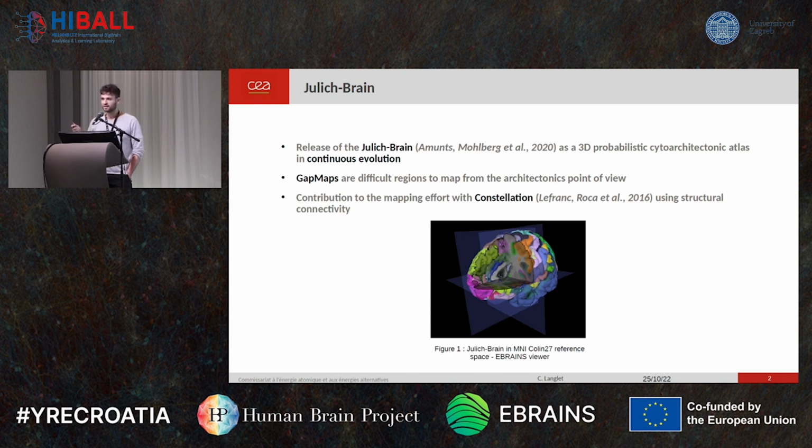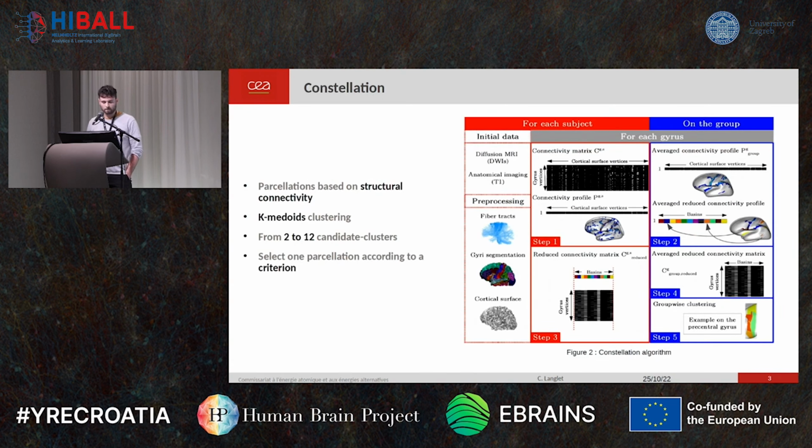So we had the idea in Neurospin to use a toolbox called Constellation, which is used to provide structural connectivity parcellation. Here you can have a look at the Julich-Brain in the MNI 27 reference space. So we use Constellation. I will not enter into too many details, but basically Constellation is used to